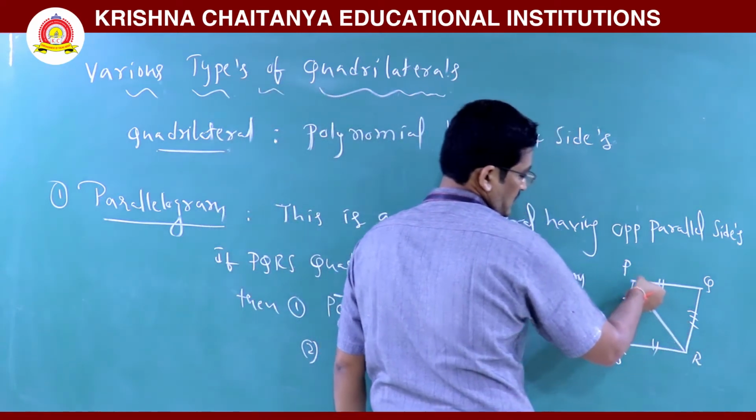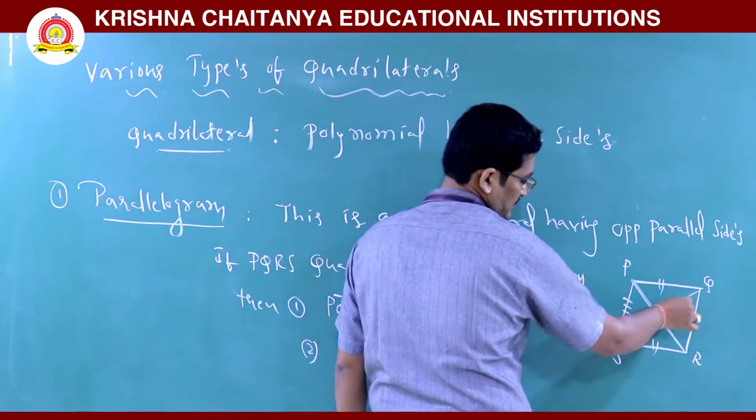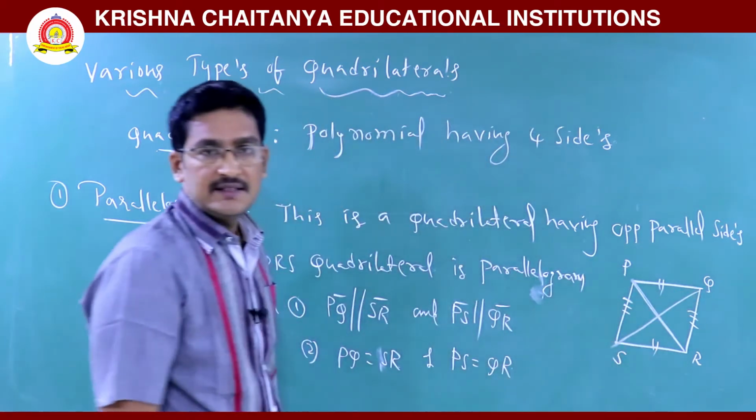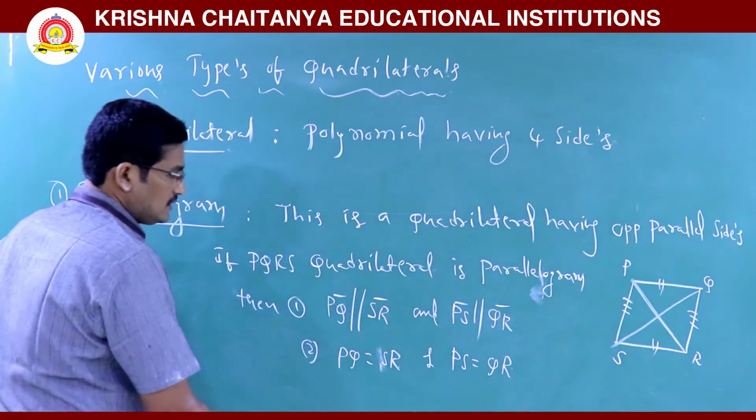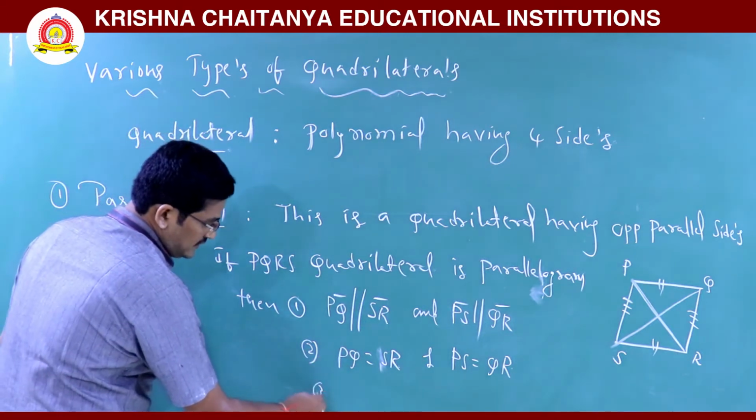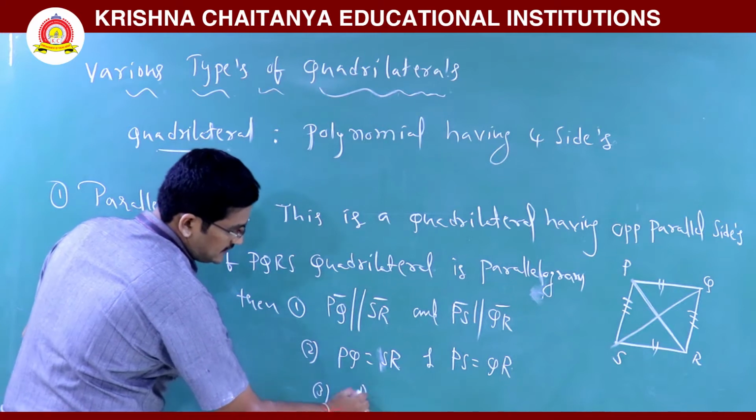This is called as diagonal of this parallelogram. This is one more diagonal. These two diagonals' lengths are not equal. Okay. The third one, that one follows by third one. That one is the length. This is length.